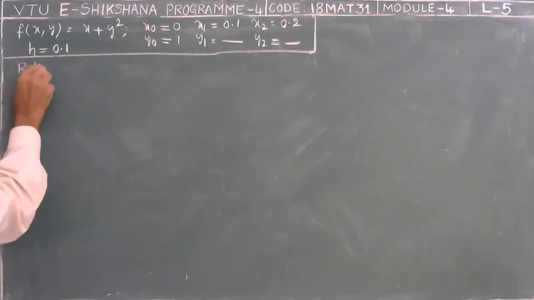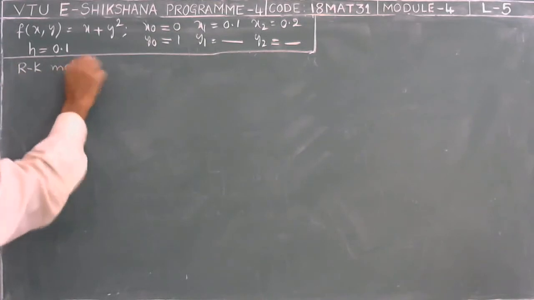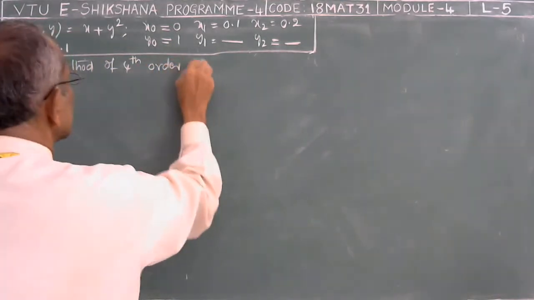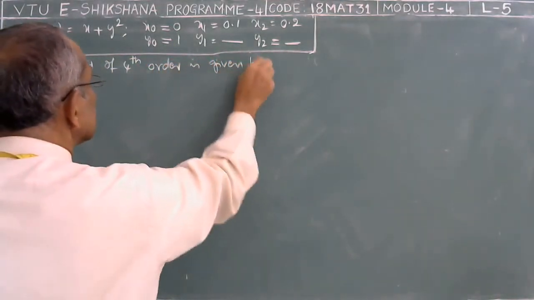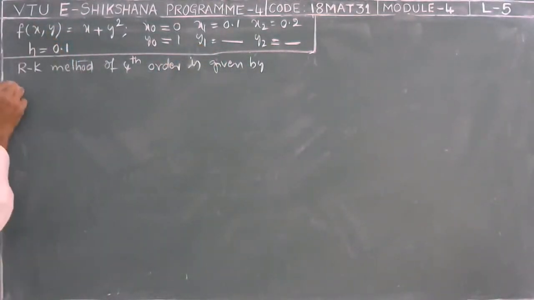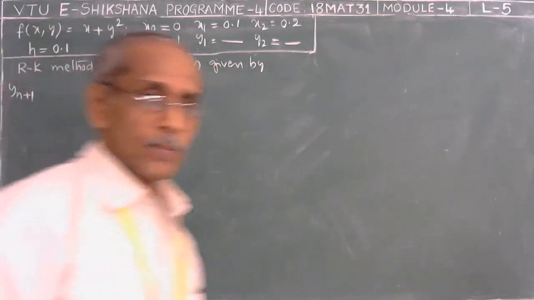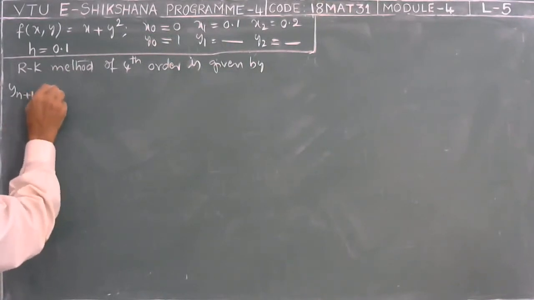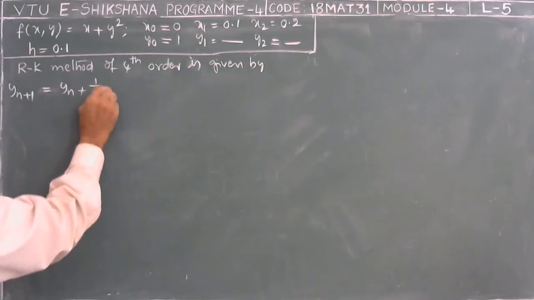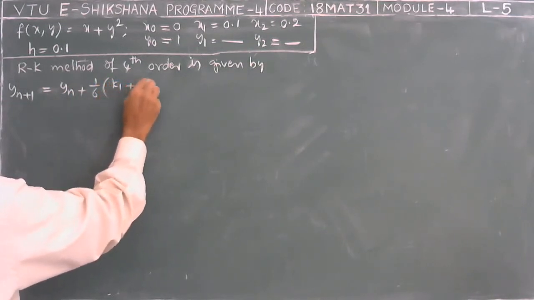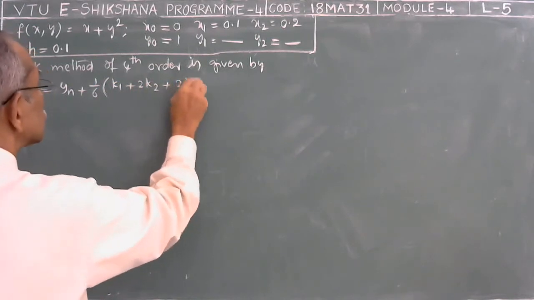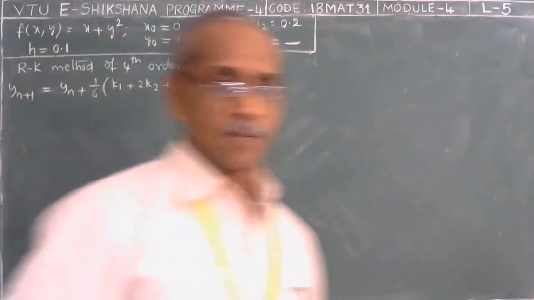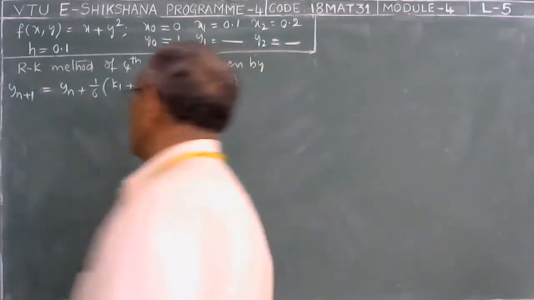The RK method of fourth order is given by y n plus 1 is equal to y n plus 1 by 6 into k1 plus 2 k2 plus 2 k3 plus k4, where